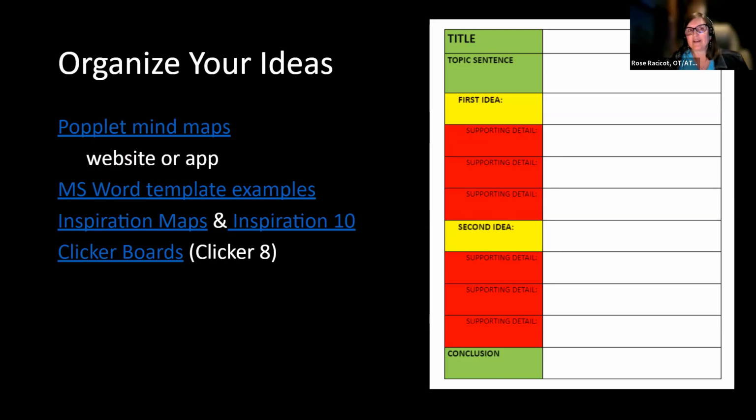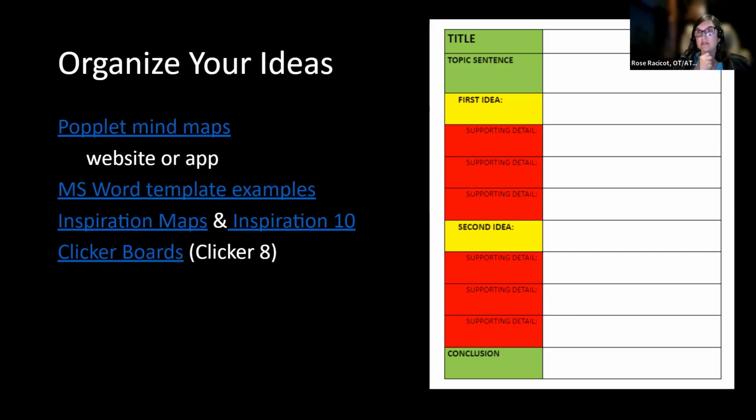So for organizing ideas, I'm just thinking about graphic organizers, and also I threw in a couple editing templates in one of the folders that I linked here. But this is just an example of using Microsoft Word or Google Docs and just setting up a table or a spreadsheet idea, and then using color coding and breaking it down so the student is guided. Like if they're struggling with dictation because they don't know where to start, they could just click